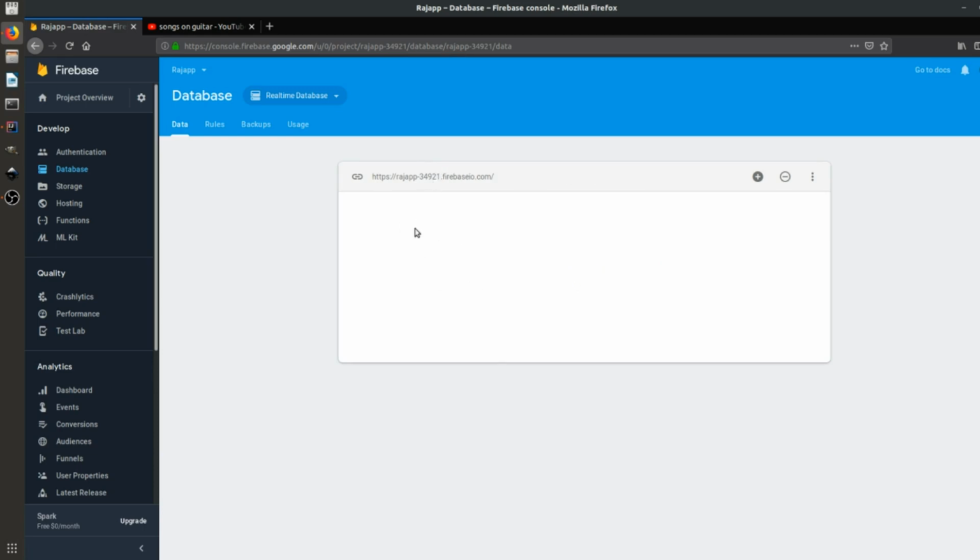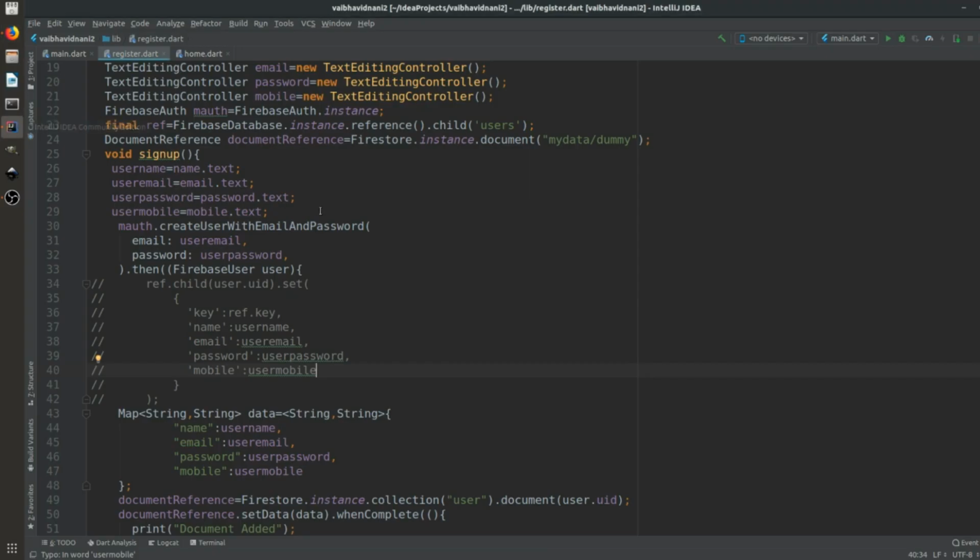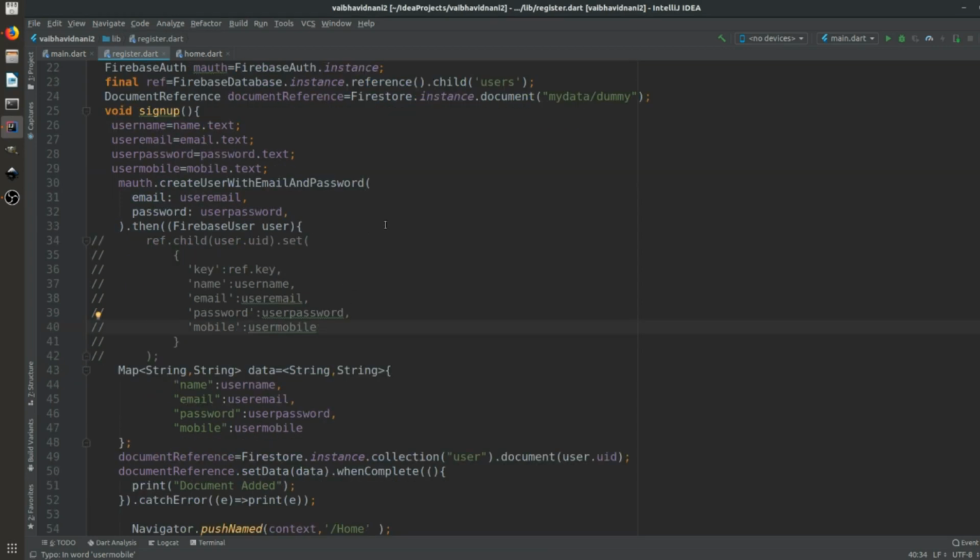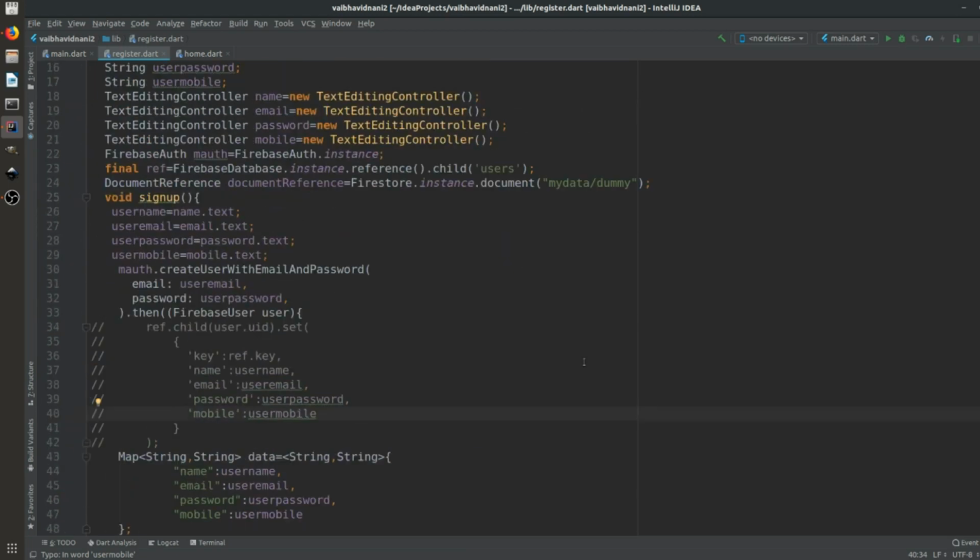Come on, let me show. No, it doesn't have it, but it will. I have not stored that data, but I think you can understand what it will be showing you, that it will have a user, and after that it will have a UID, and after that it will store all the data plus key, name, each and everything in that NoSQL format, okay. So this is the way in which we can upload data to our Firestore database, and how we can retrieve